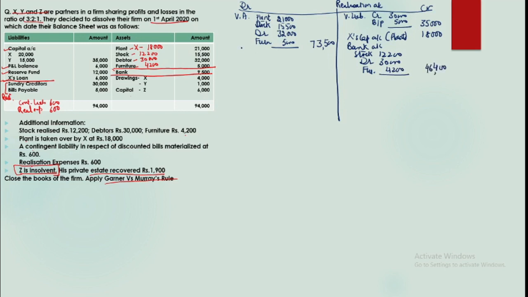All right, now here comes the payment on the debit side. So you are to pay all liabilities in full, because if nothing is given, liabilities are paid in full. Then you have expenses of 600 and you have unrecorded liability of 600, that is for the discounted bills. So you can note down here 36,200. Now when we total this up, you know that the debit total is more, so there is going to be a realization loss. All right, so let us just calculate the amount.